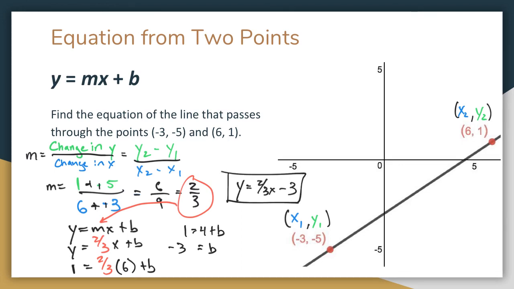And that's how you find the equation of a line through 2 points. You find your slope first through those 2 points, being careful with subtraction. Then you take that slope, plug it into your formula,